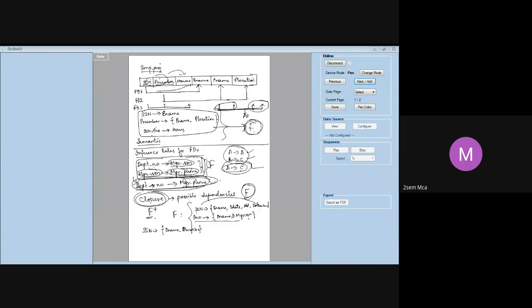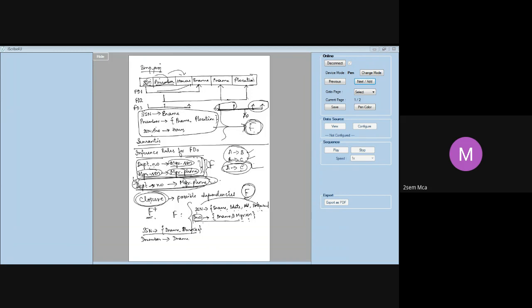Are you getting me? This is a set of dependencies. Given this SSN, what can I determine? I can determine the employee's name, his birthday, address and D number. So SSN can determine D number. And what can D number determine? It can determine D name, DMGR SSN. So given these two, I can always infer that SSN determines D name and DMGR SSN. Then I can also write D number implies D name. That is also possible. Already we are given that here.